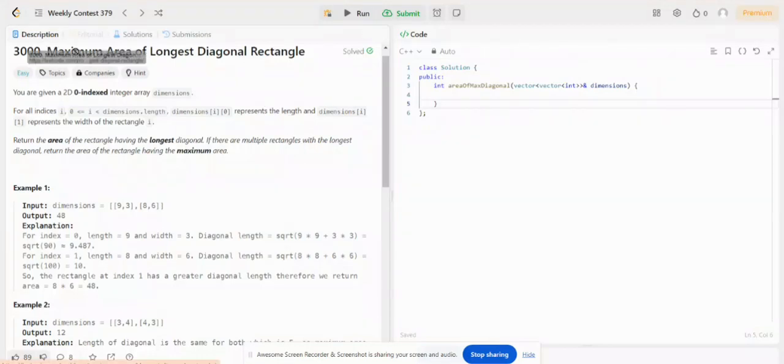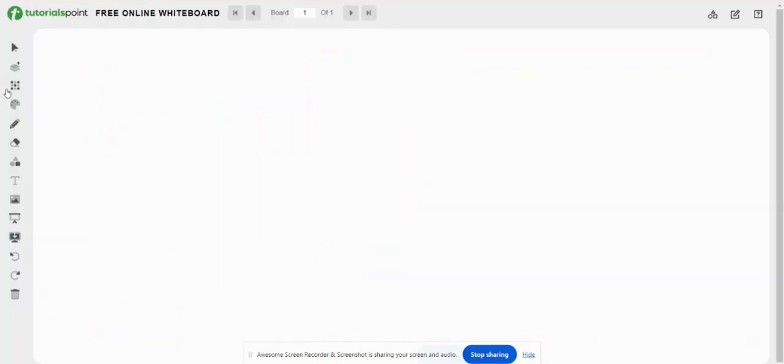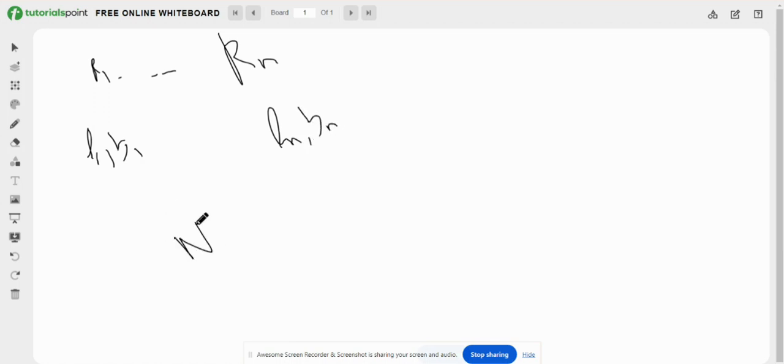Today we are going to solve the Leetcode problem Maximum Area of Rectangle with Longest Diagonal. So let me explain what the problem is saying. The problem says that you are given R1 till Rn, which are rectangles whose length and breadth are given as L1, B1, up to Ln, Bn. Now what you have to do is return the area of the rectangle which has the maximum